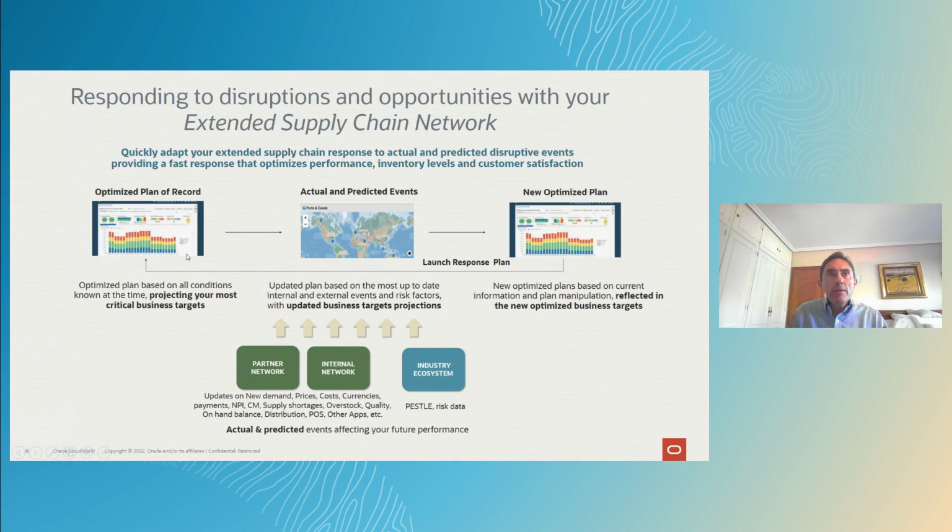First of all, you are running with an optimized plan of record, right? This is the plan that you already share with your network, and according to that plan you are expecting some critical business targets to be met. The projection of those targets is what is really critical for your business. Obviously, it depends on the persona and the process that runs underneath. A person who is the CFO may enable a different business process